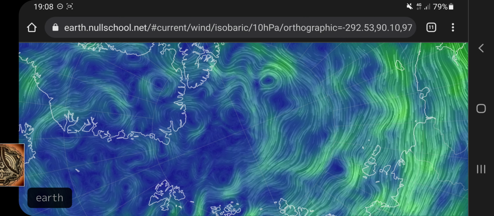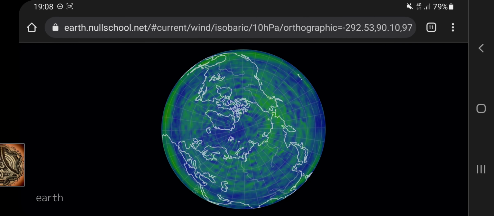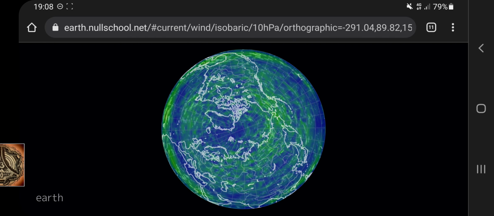Okay, now let's zoom out and watch the South Pole. This is the North Pole, just in case. Greenland, Scandinavia, Siberia, Siberian traps, and so on. Canada.